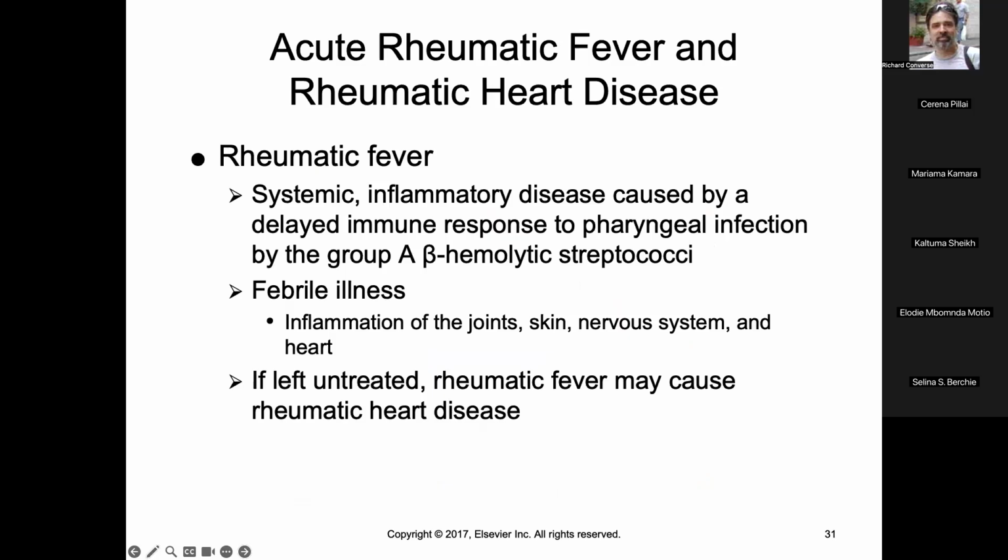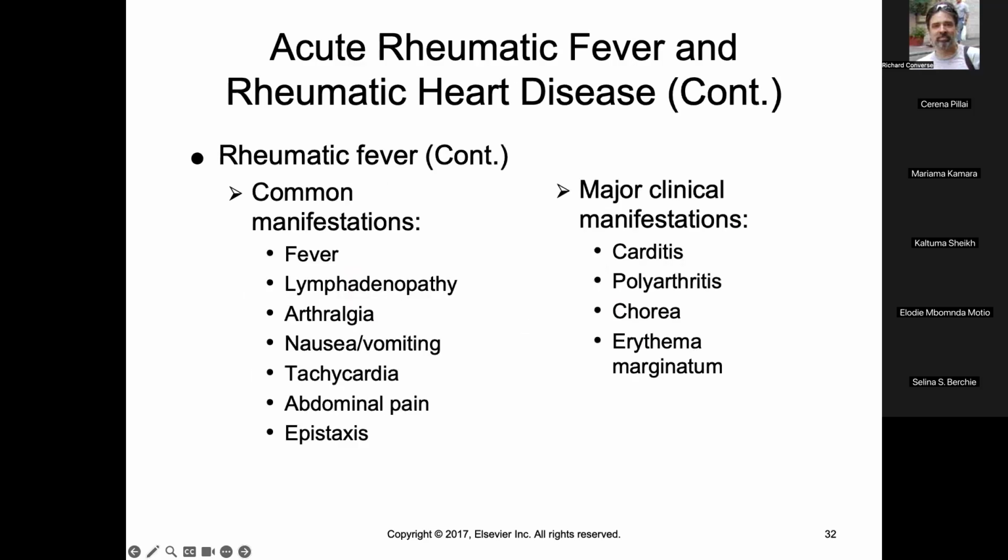Acute rheumatic fever. It's a systemic inflammatory disease caused by delayed immune response to pharyngeal infection by group A beta hemolytic strep. It's a febrile illness causing inflammation of the joint, skin, nervous system, and the heart. And if left untreated, it can cause rheumatic heart disease. Okay. Common manifestations: fever,